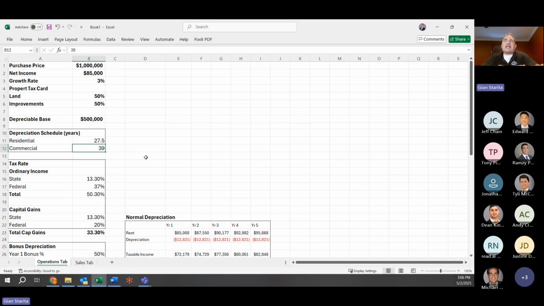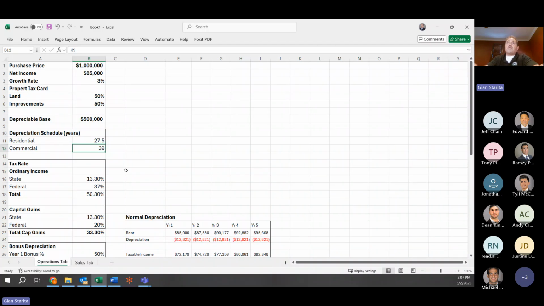I'm going to take a second here and tell you there's another way you might run into this. If you buy your house and you're using part of your house as a home office, you can get a depreciation deduction every year on a portion of the house that you use for business. And it's going to use these schedules. When we get into depreciation recapture later, I'm going to explain why that might not always be such a great idea.